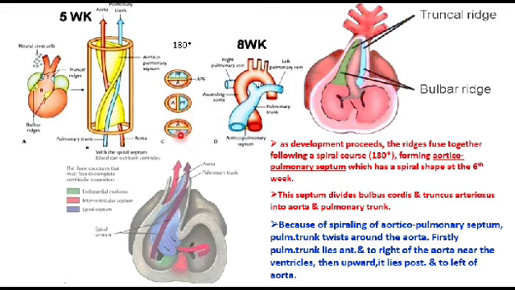Initially, the pulmonary trunk is anterior to the aorta here. In the middle, the pulmonary trunk comes onto the left side and the aorta comes onto the right side. Distally again, the pulmonary trunk goes behind and the aorta comes in front. That is what you have seen: the aorta is in front and the pulmonary trunk is behind. So all this time,